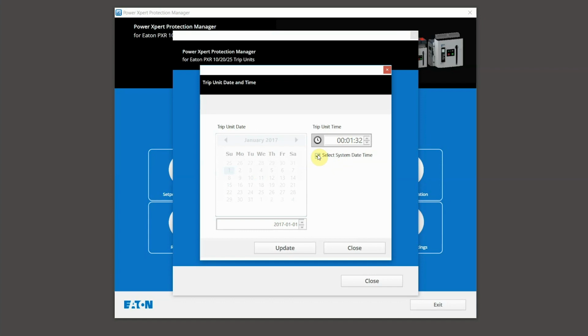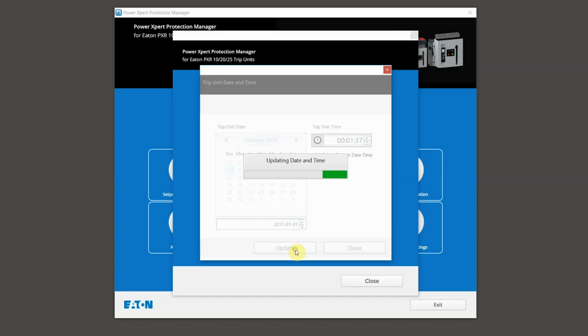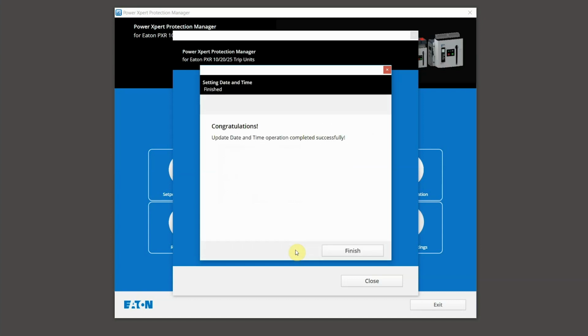If your breaker trips and there's no aux power, the battery is dead, then your breaker might lose its time. But don't worry, all breaker protections will still work with or without the battery. What about all my data? That'll be safe too. The only thing you lose is your timestamp. That and the cause of trip LED won't flash until you replace the battery or bring in some other power